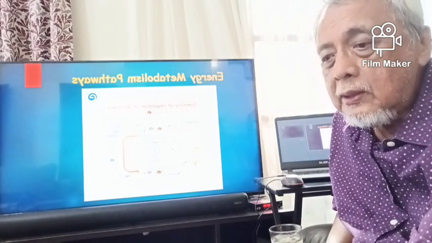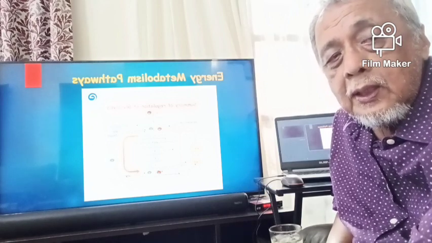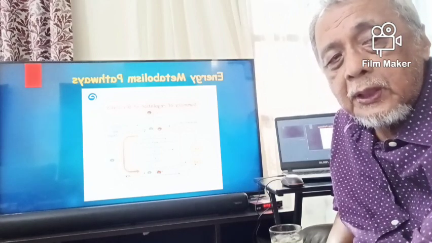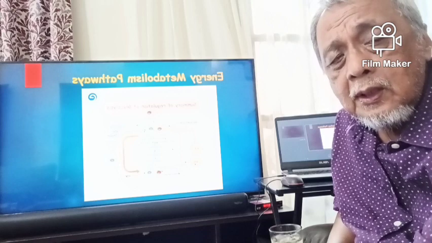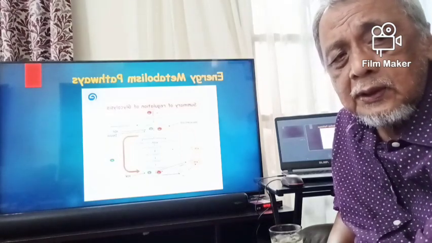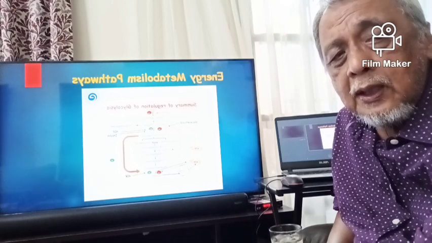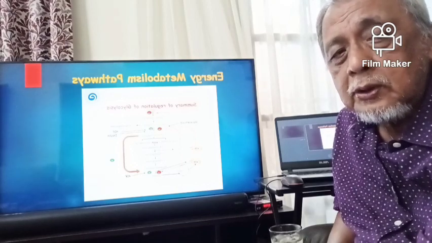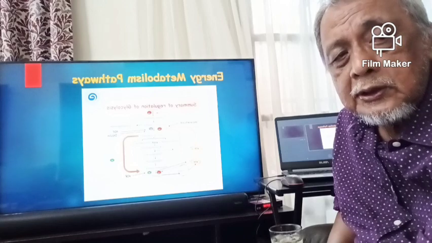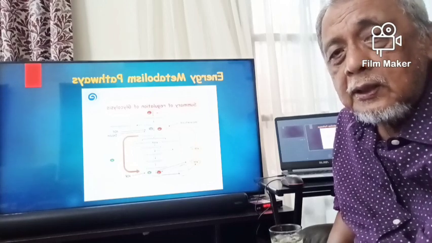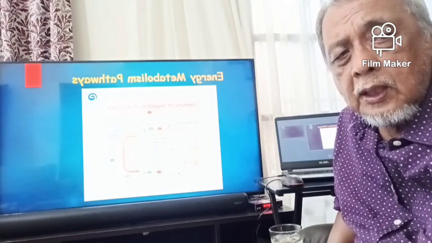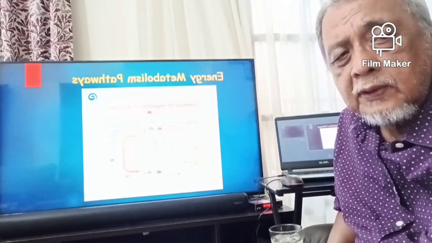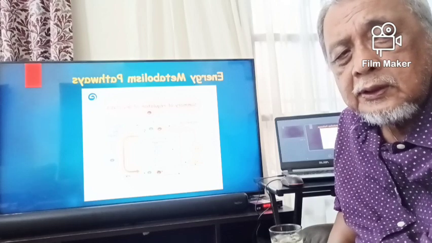And this glucose is then stored whether in the liver or in the other parts of the body, particularly the muscles and the intramuscular spaces, as fat. In the liver, it is stored as glycogen. And when there is a situation where energy is needed, this is where the body sources its store of energy in the form of glucose, but stored as either glycogen in the liver or fat in the other tissues.